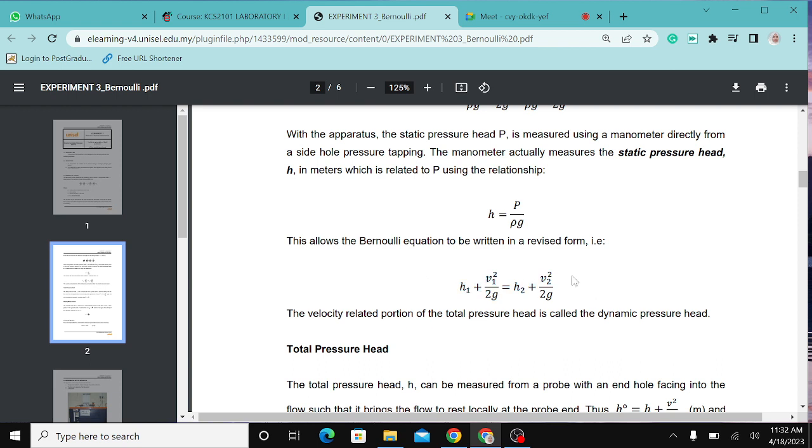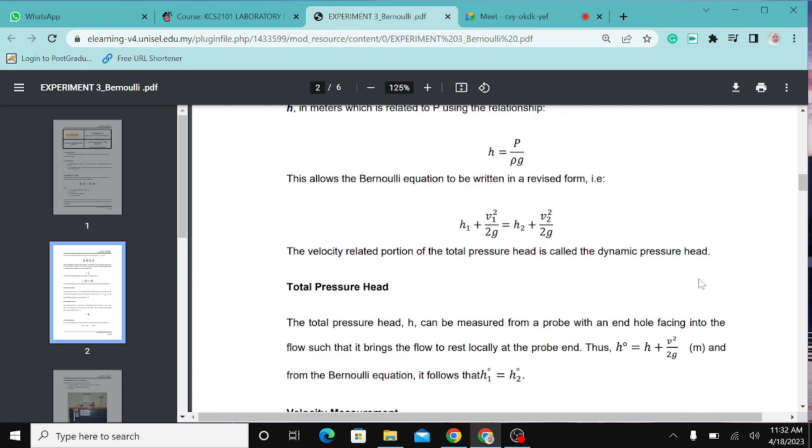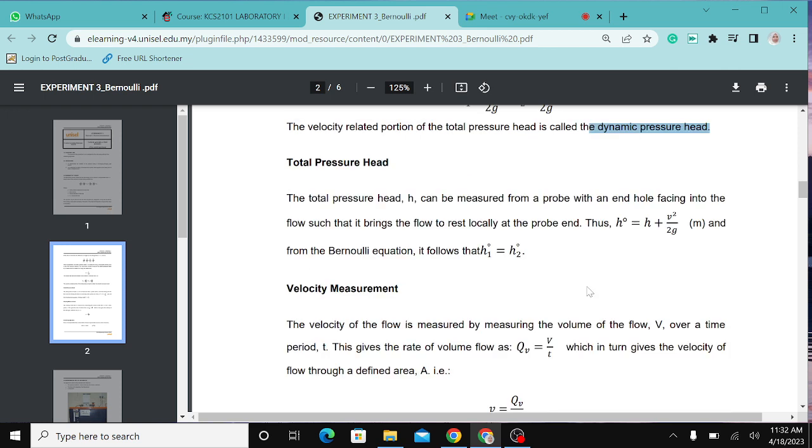Okay, so equation yang baru ni is known as the velocity related portion of the total pressure is called dynamic pressure head. Okay, so this concept lah. So that means dynamic pressure head can be derived, can be described based on these equations lah. Okay, and then we have total pressure head. So this is the important terms in this